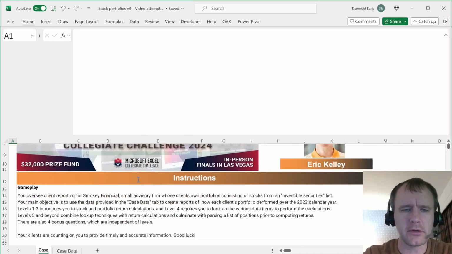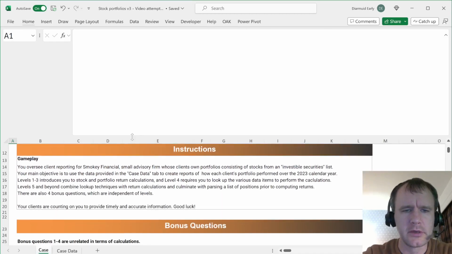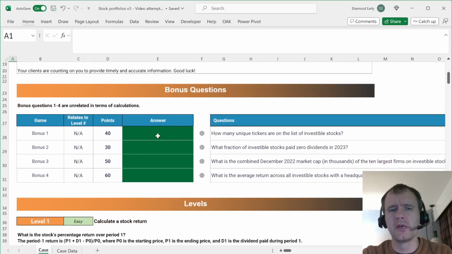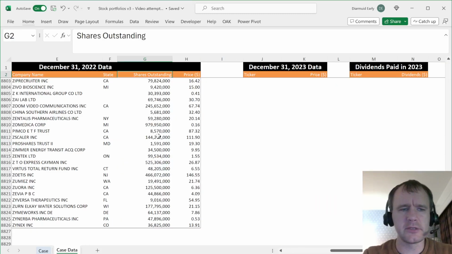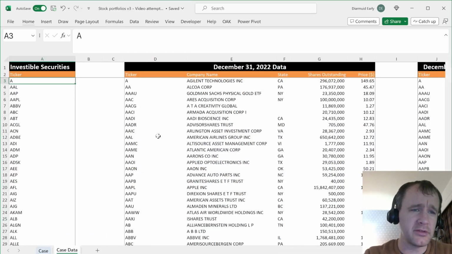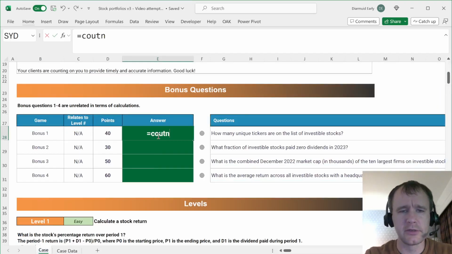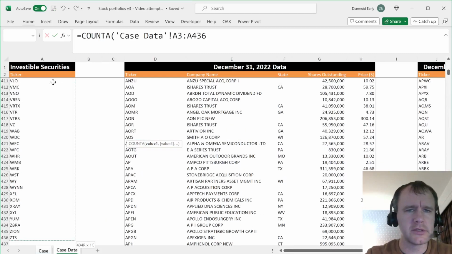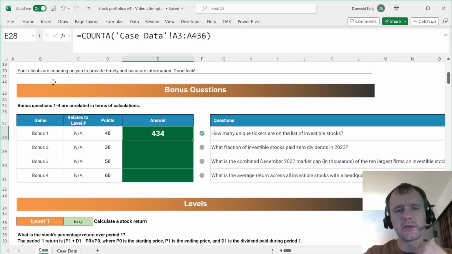Okay, so let's take a quick look at the bonus questions. Hopefully we won't need any quite as giant formulas for this. How many unique tickers are in the list of investable stocks? Which is this list here. Now the wording might make you suspect that there are duplicates in it. There actually aren't. So if you just say count A of this, that'll give you the answer,